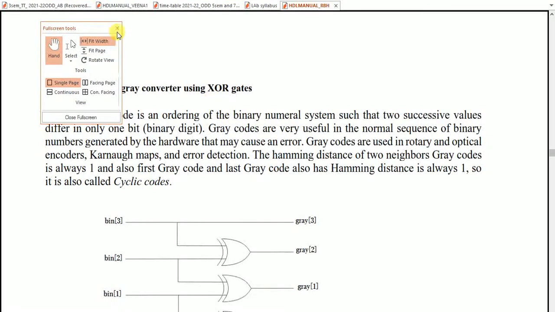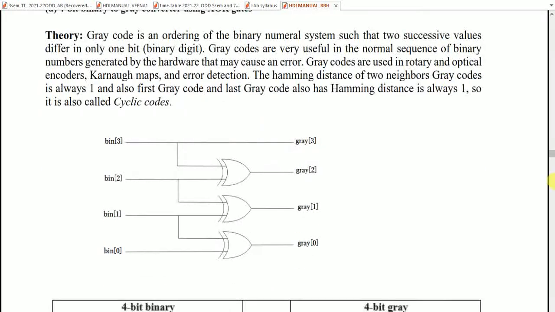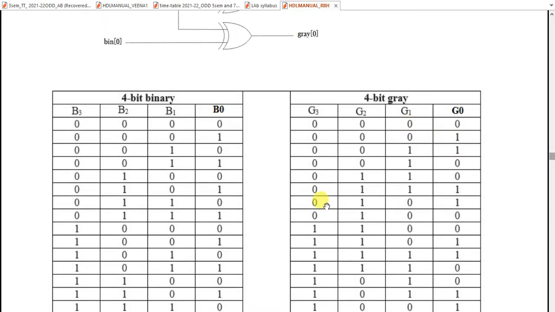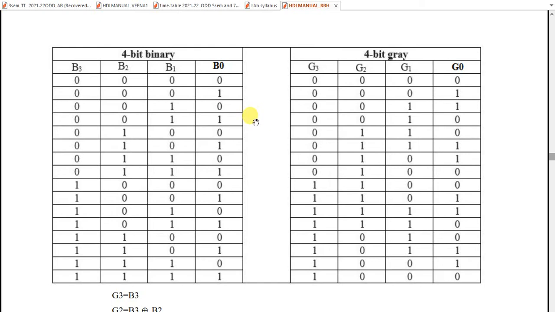So how it is converted with only one bit. So this is the 4-bit binary. So 0000 is there. Now next is 0001. So these three bits are same. There is a one difference here.